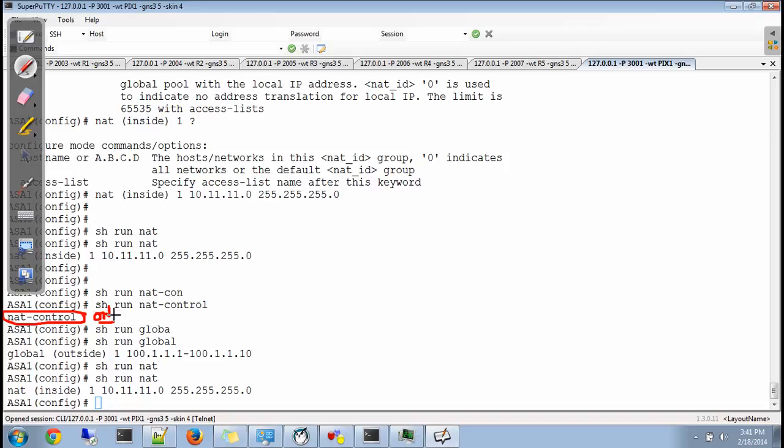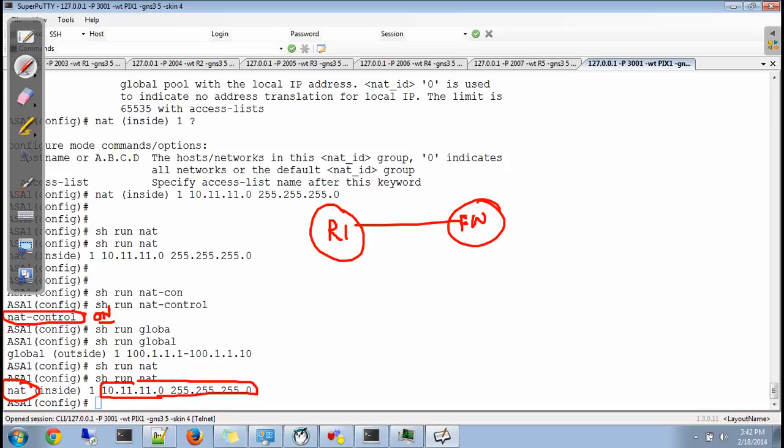Okay, so if R1 comes to the firewall, the firewall will say okay, no problem, NAT control is enabled, let me see whether there is any rule for you. It will see there is a rule, saying if traffic is coming from this network and if it is coming on the inside interface.